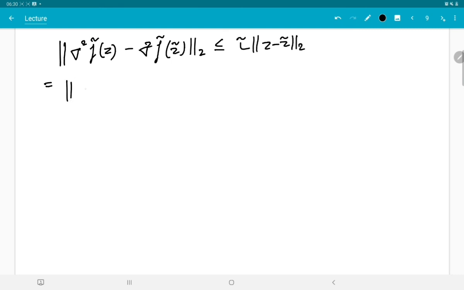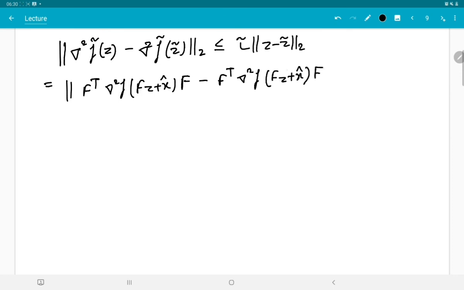So we have F transpose del square f of Fz plus x hat F, minus F transpose del square f of Fz tilde plus x hat F. This thing I can take out, the F transpose and F, by Cauchy-Schwarz. So I have this value times